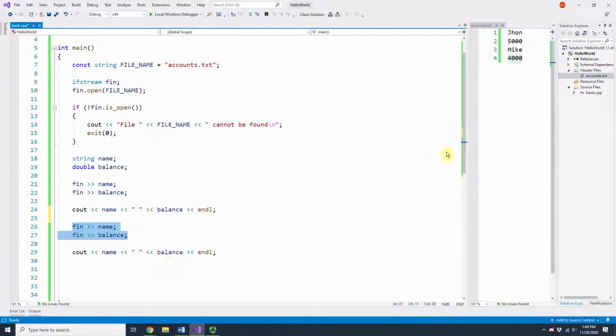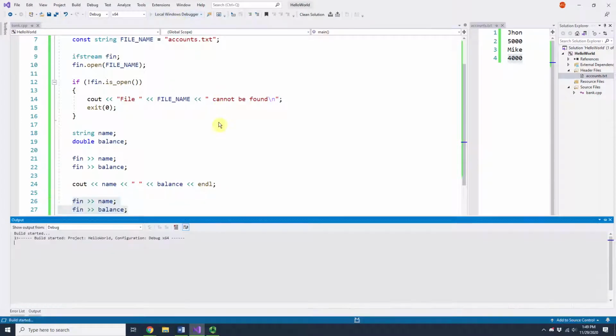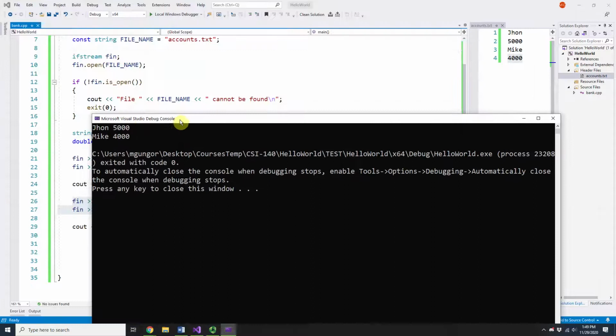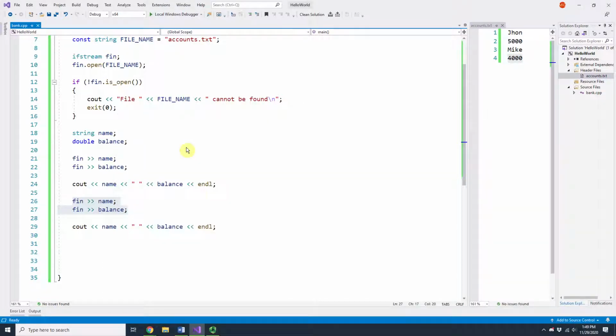But if I have, for example, 10 customers, I cannot keep doing this, right? Let's run this and make sure this is working fine. And now you will see John 5000 is printed over here, and Mike 4000 is printed over here. That's good. But now I'm going to use an array instead of using this one,